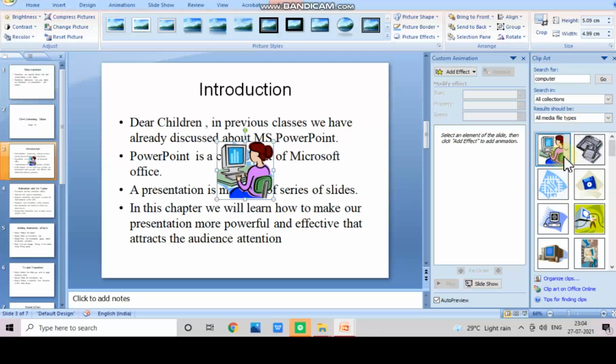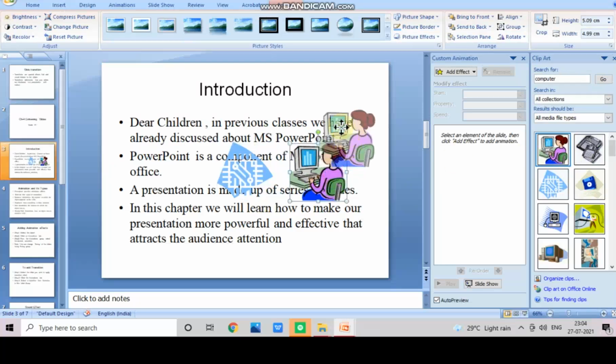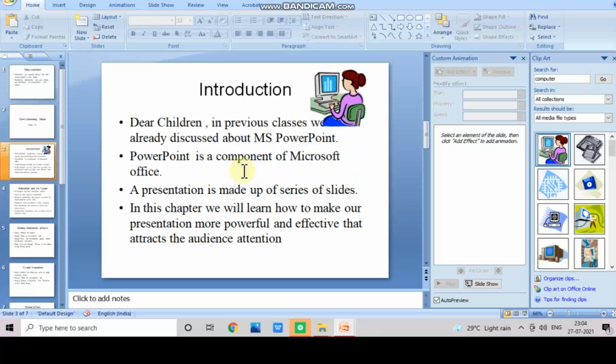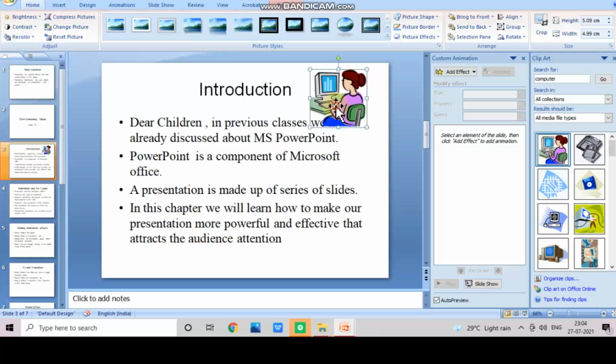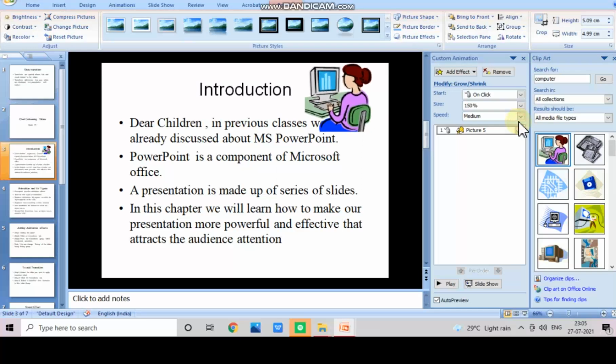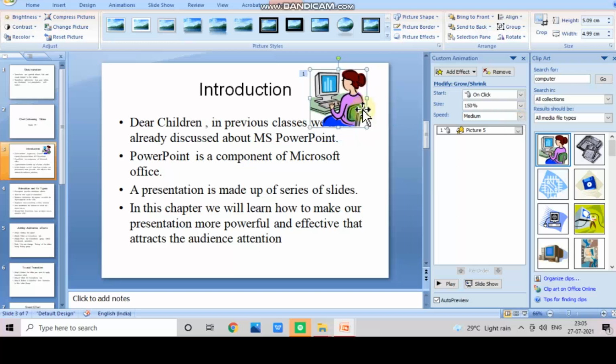Okay, I'll take this picture. Now I want to give the effect to this picture, right? So how will I do? Again same step, you need to select the picture. Already this window is open, add effect. Now I want to give emphasis. I want to make it grow or shrink. So this can happen. See, can you see this picture is growing, right? So this is how I can add my animation effects to my slides.